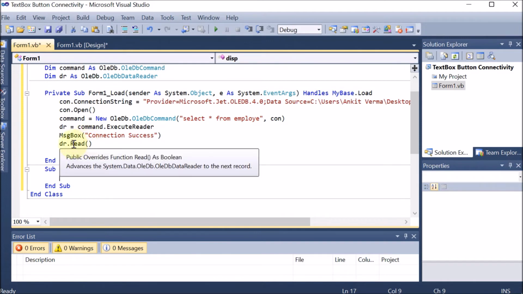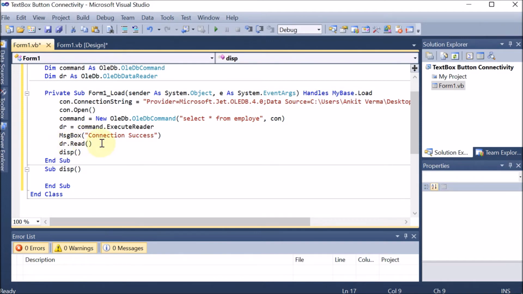We should understand that the data reader will read row by row. We know there are multiple rows in our database, but how many columns are there? The first column is the employee ID, the second is the employee name, and the third is the employee address. So there are 3 columns. So DR, the data reader, will have a specific record in which it has 3 things. Add the index values.